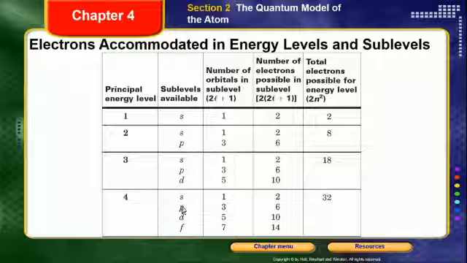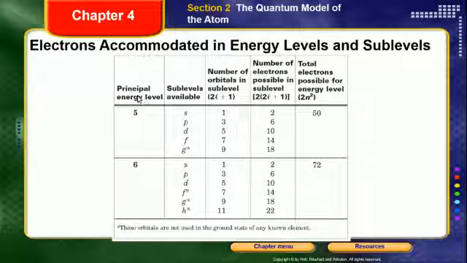So we have s, p, d, and f orbitals. There's 1 s, there's 3 p, there's 5 d, there's 7 f's. Add all those up. This is 16. In each of those orbitals, you can have 2 electrons. 16 times 2, 32. You got it. And that pattern will hold true for all principal quantum numbers. Moving on and on and